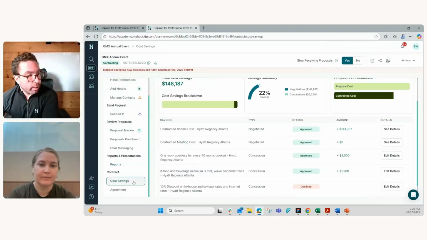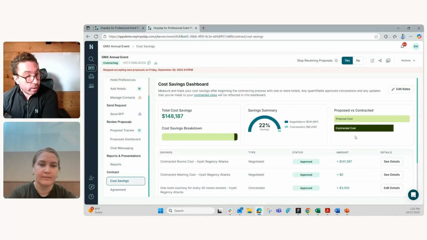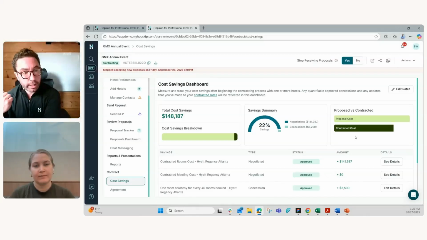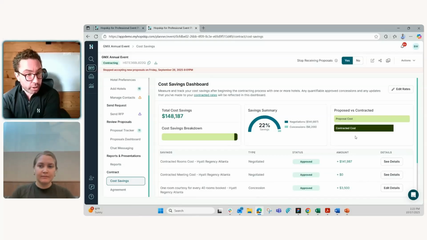Lastly, another dashboard that I always find it's surprising when people don't know it exists is your cost savings. So you've selected a property. At this point, you're able to access this dashboard, which we call the cost savings dashboard. How cost savings are derived or calculated at Hopskip, think of it as two main inputs. The first is any concessions that have a dollar value that were approved by the property would go into that equation. And the second big piece is any savings you were able to achieve through negotiations from proposed